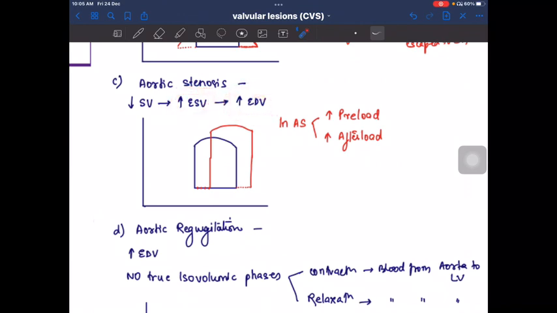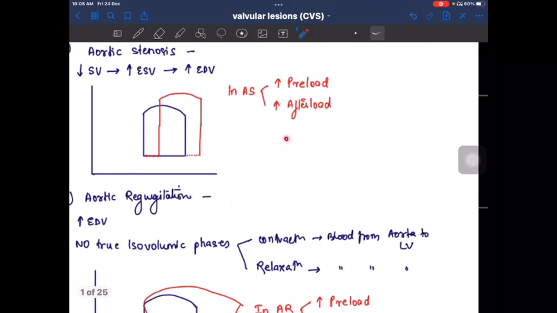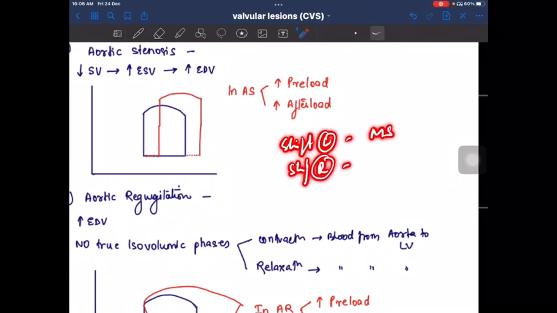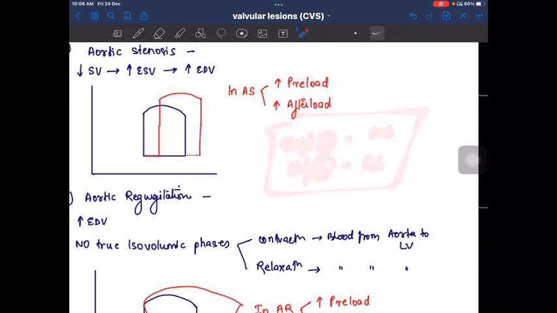And as you can see, end diastolic volume increases, and end systolic volume increases, and because the afterload is increased, right? Because the heart is pumping against a higher resistance, so there will be positive inotropy also. So this is the graph for aortic stenosis. I hope it's very, very clear, right? So the graph will shift to the right. So these two are like pop-up questions: shift to left, mitral stenosis; shift to right, aortic stenosis. This should be ingrained in your head. Anybody asks you, you should come up with this.